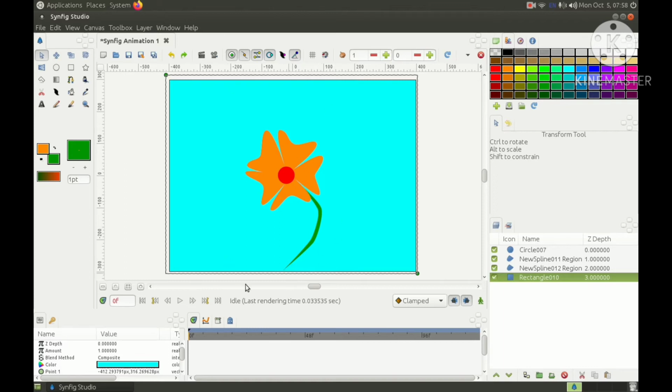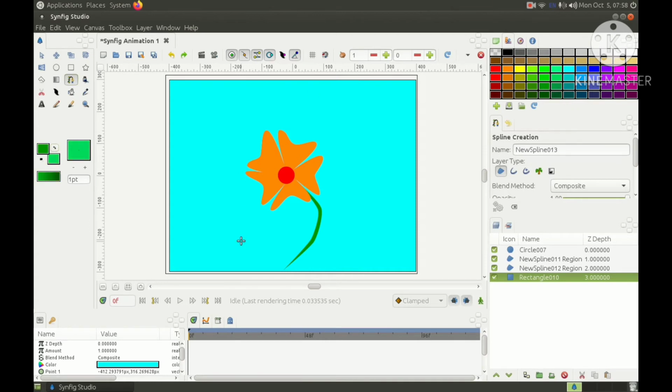Now this is how it will look. Now we want to create grass over here. So again I am selecting the SP-line tool, selecting green color, another light green color, and from here I can select a plant layer, removing the region layer, and creating grass over here.